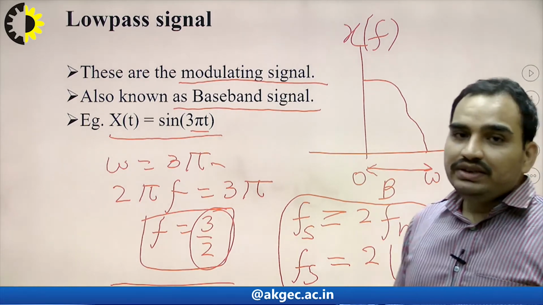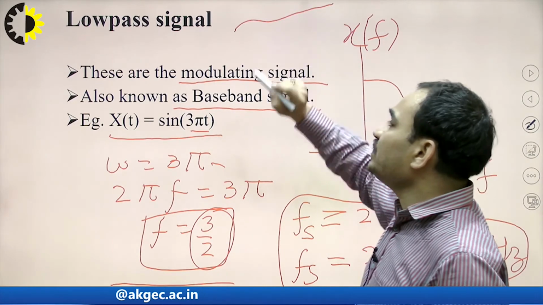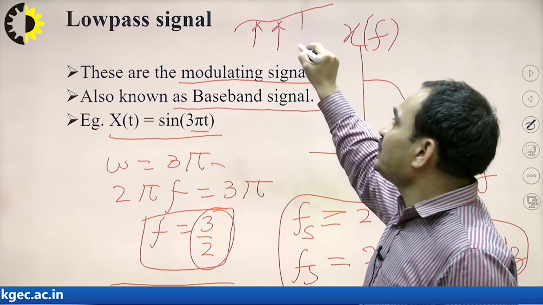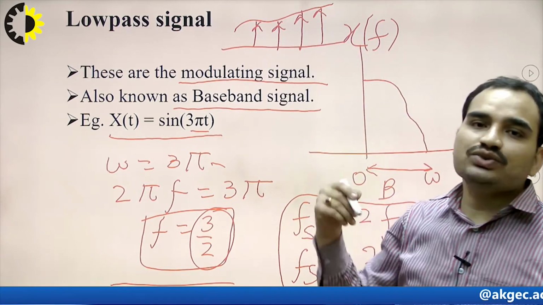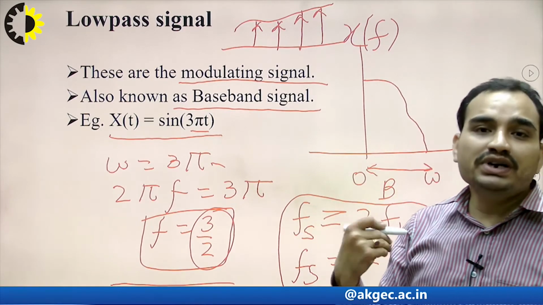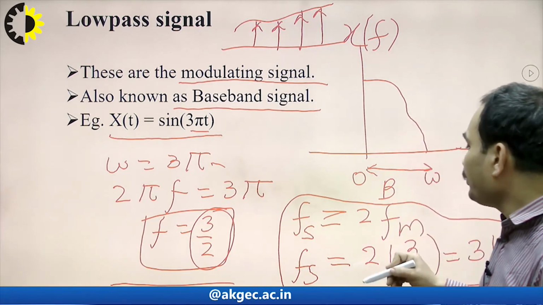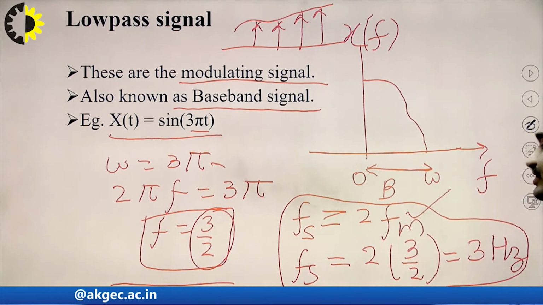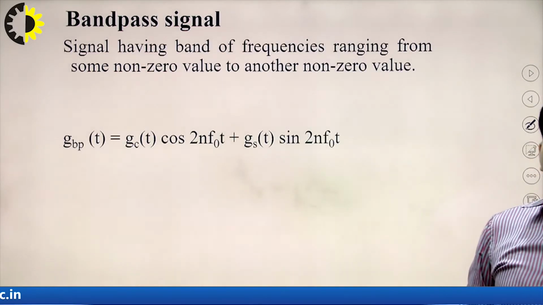Now what is sampling? Sampling is nothing but taking samples of the continuous signal at discrete intervals of time. When we discretize the time, it is known as sampling, and for sampling there is a criteria that the sampled signal can be reconstructed or recovered back only when it fulfills this criteria. So for a low pass signal we have this criteria, that is fs should be greater than or equal to twice fm.